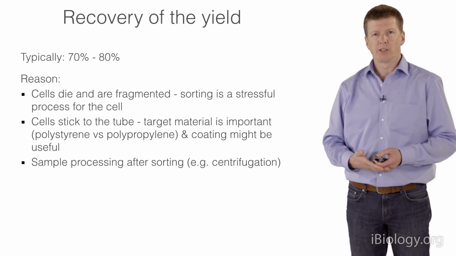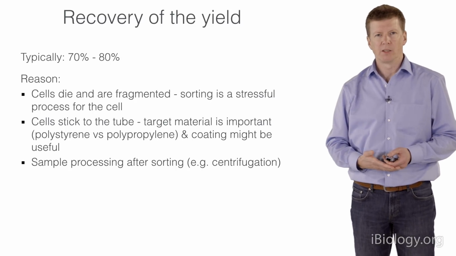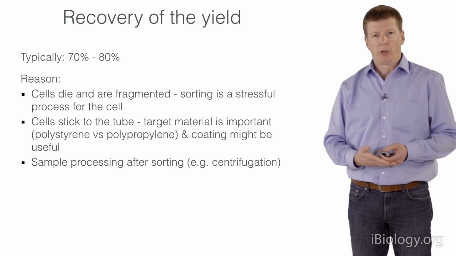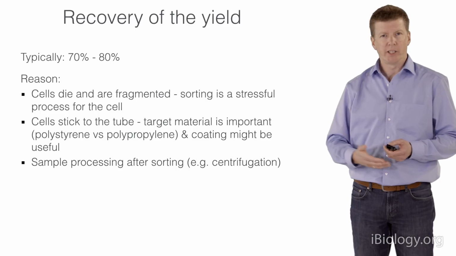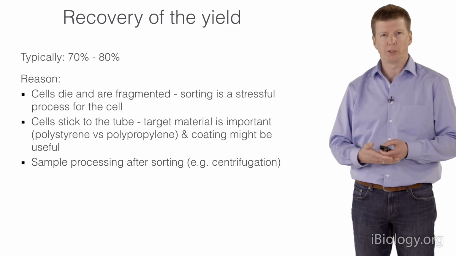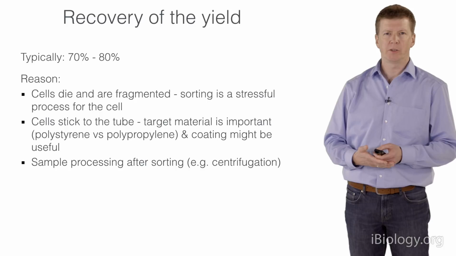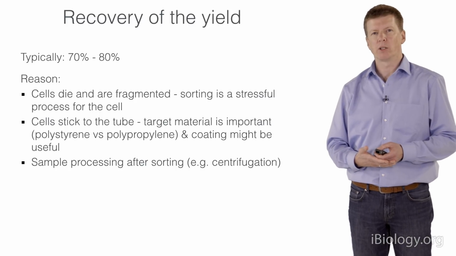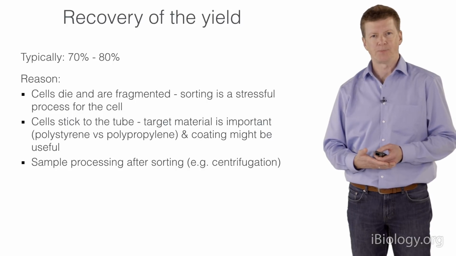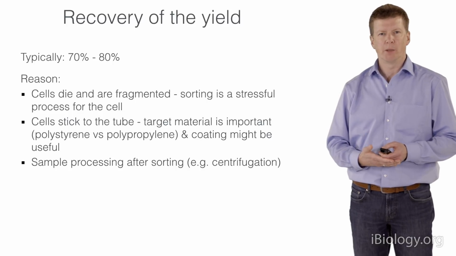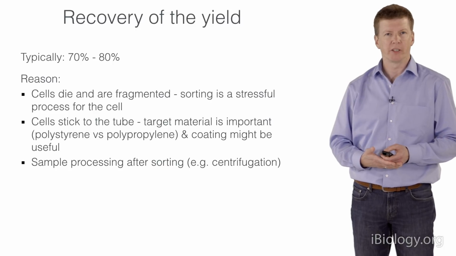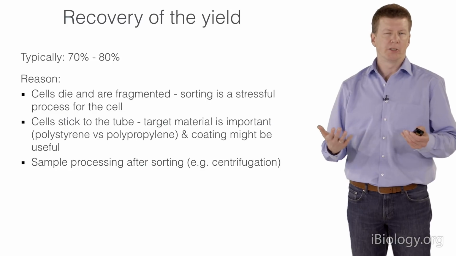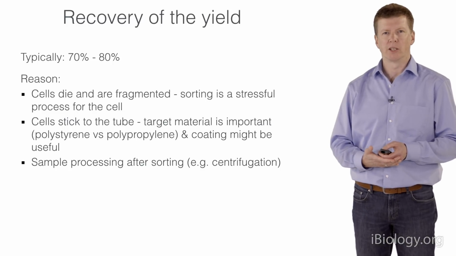As I said, cell sorting is very stressful to your cells. So they start dying, getting fragmented, or cells are living entities. We are using mostly plastic collection devices, so the cells can stick to your plastic tubes and the walls and therefore can get lost. Also, the sample preparation and processing after the sorting could impair the recovery. Think about the centrifugation. Also, there you can lose some of your cells.